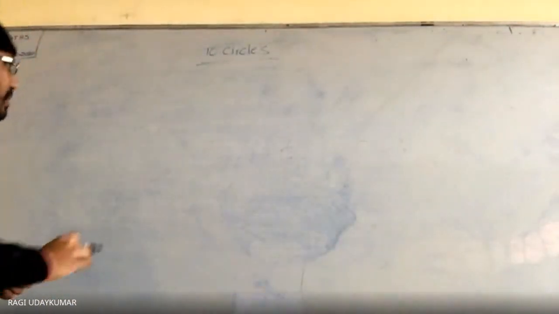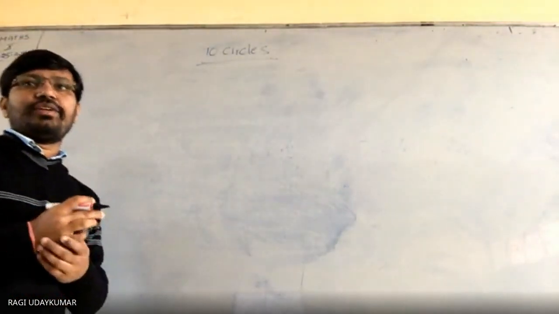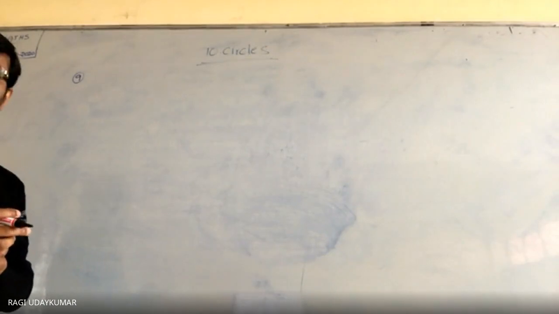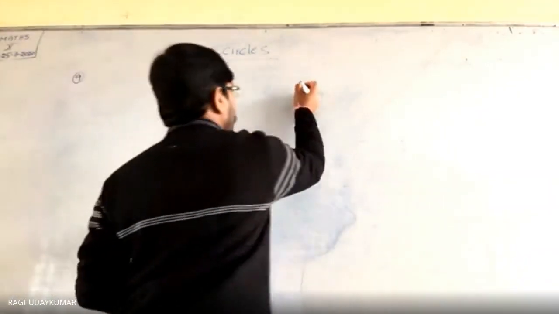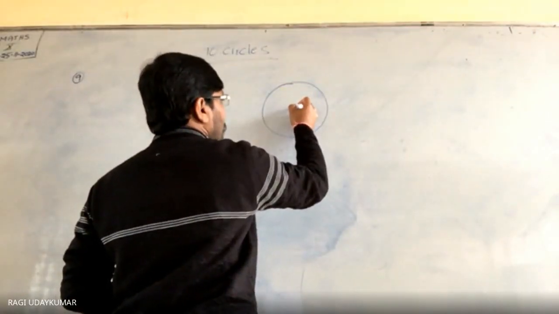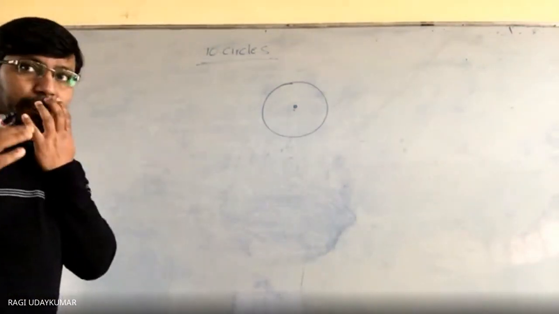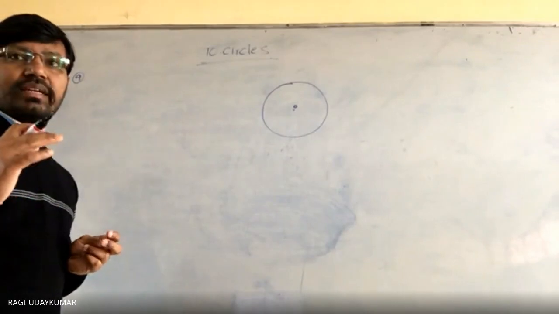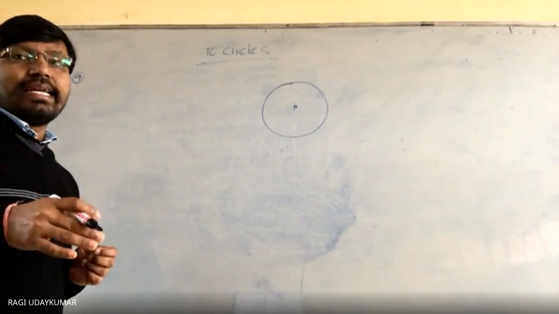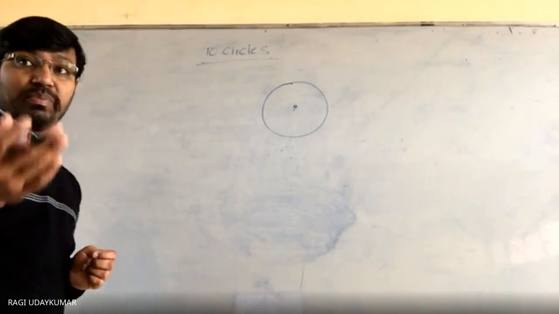Ninth problem. See, this is very important. Question is important. So, in the figure is given to you. XY and XY dash are two parallel tangents to the circle with the center O. Now, figure draw करके explain करता हूँ. First, here circle with center O is taken into consideration. This is circle with center O. Okay. So, XY and XY dash are two parallel tangents to the circle with center O and another tangent AB with a point of contact C intersecting XY at A, X dash Y dash at B.